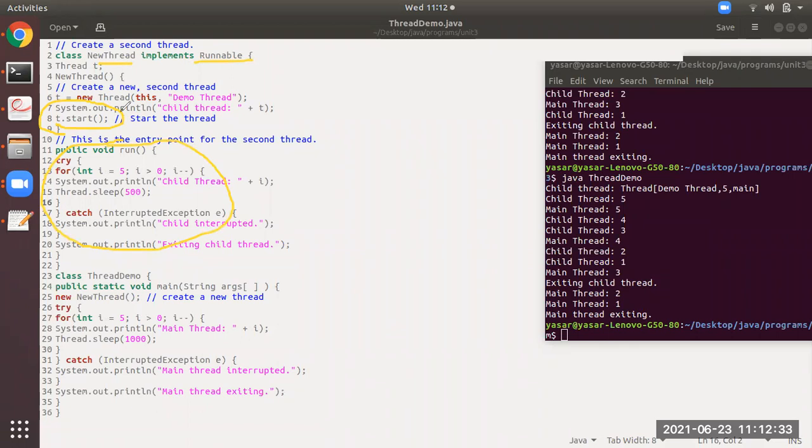So after line number 7, line number 8 is T dot start. What this T dot start will do is it will invoke the run method. Now the run method is the code of the child thread, that is demo thread. So at this particular time, the run method is having the code of demo thread, so the demo thread will start running,